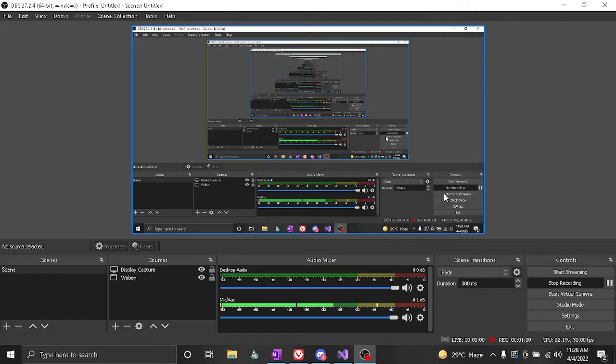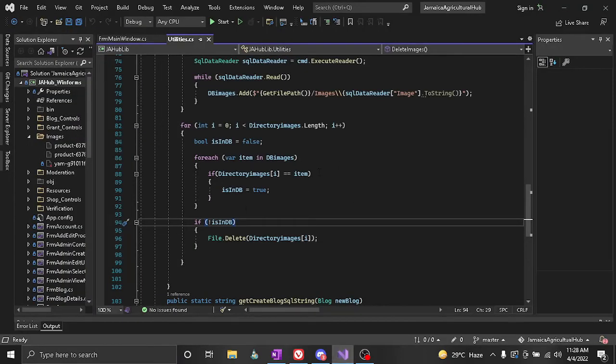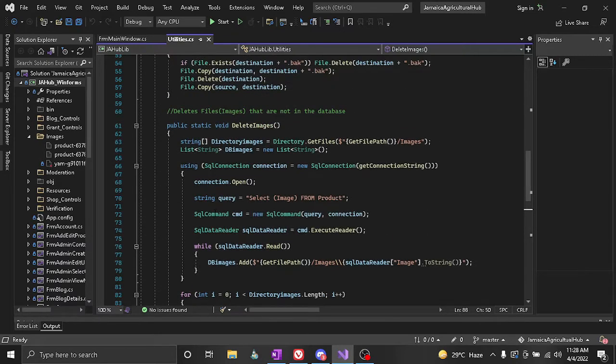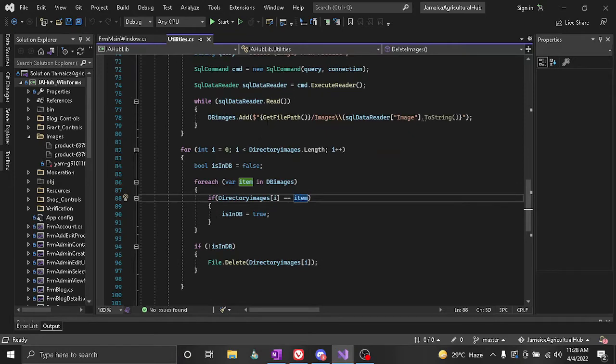So it's not deleting the first time you try. As soon as you delete and you close the program, it's not deleting then. But if you restart the program and then you delete again, it will remove the item. So I am going to add some exception handling. This is the line that raises an exception. But first and foremost,